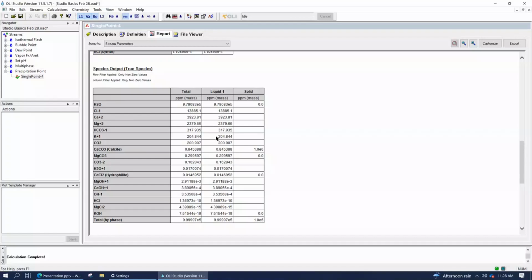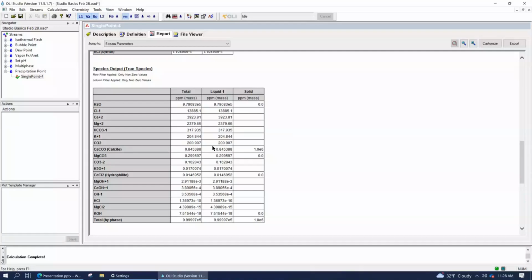One of the first areas you'd look at is the species output table, because you're going to want to see how the system essentially speciated. I keep on using that word speciated, but it's an important word in chemistry. In this particular case, you can see that virtually everything is as the free ion, which means the species in the water were acting like charged marbles, but they really weren't bonding with each other.